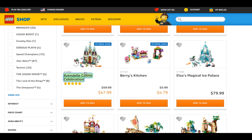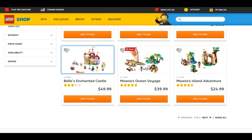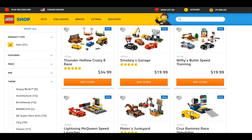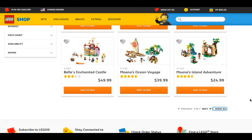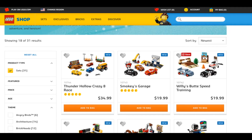Oh, that's not Cinderella Castle, it just looks like it. And we have some other interesting sets here as well. Enchanted Castle, this one is cool. I like that one. Let's press on show all here. So the first thing I'm gonna go into and take a look at is what other things they have here. They also have the huge Cinderella's castle that they had before, and I don't see it